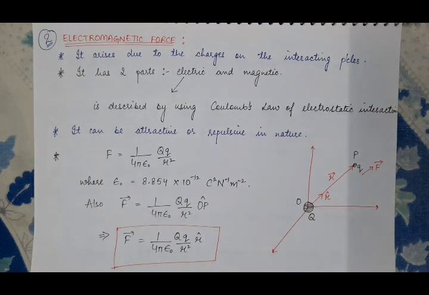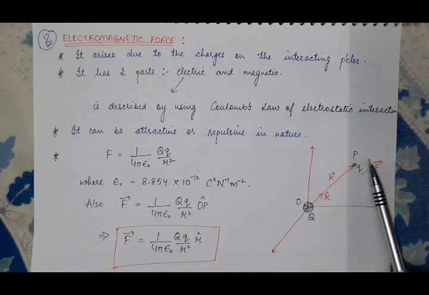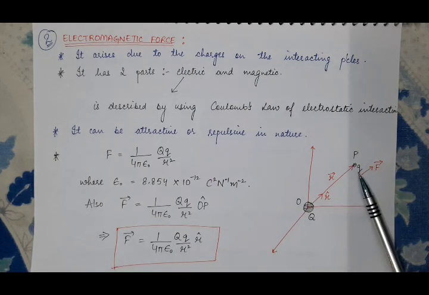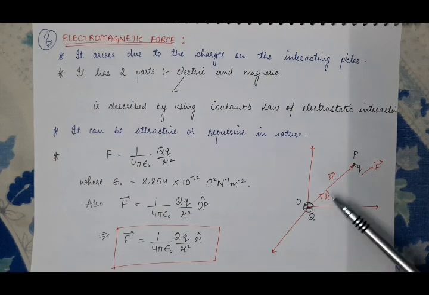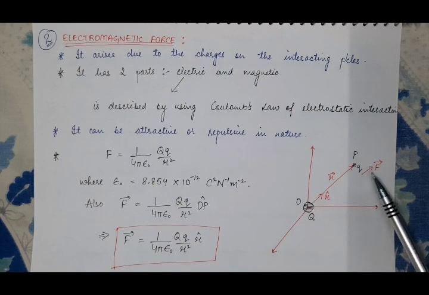So what is our Coulomb's law of electrostatic interaction? First of all, consider the coordinate system in which we have two particles having charges on them. Charge on the particle which lies at point O is capital Q, and the one which lies at point P is small q. And the distance between the two particles is r. As the two charges are like charges, plus q and plus q, the force between them will be repulsive in nature. Repulsive in nature means the force will be pointed in the direction of the OP vector,